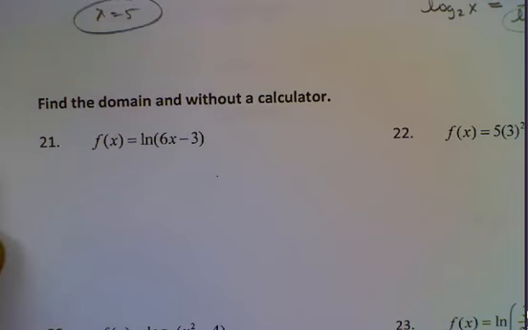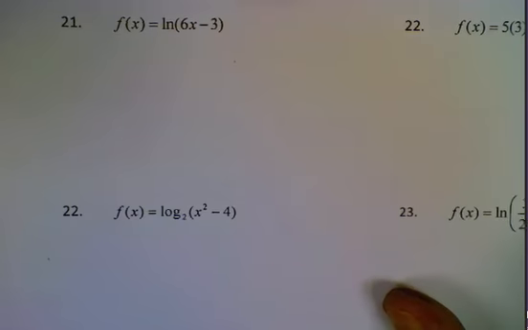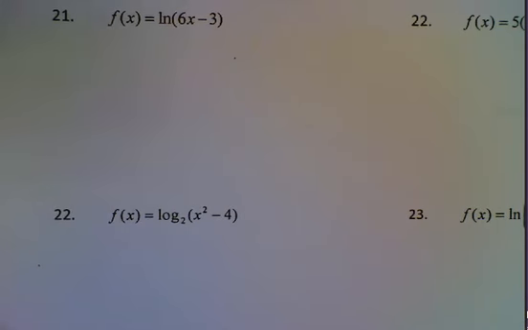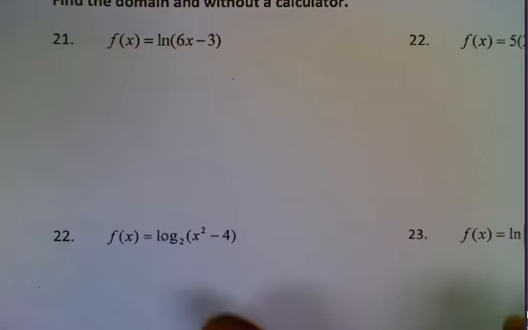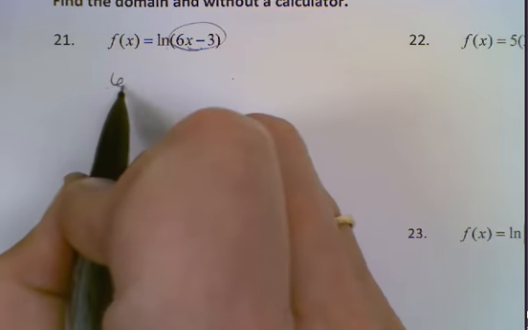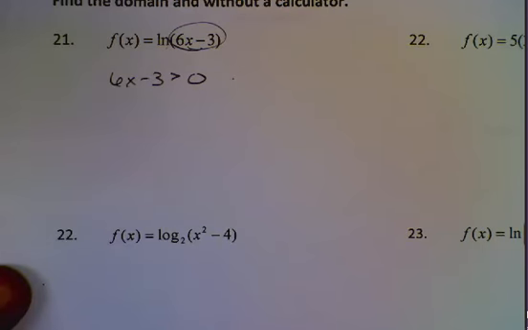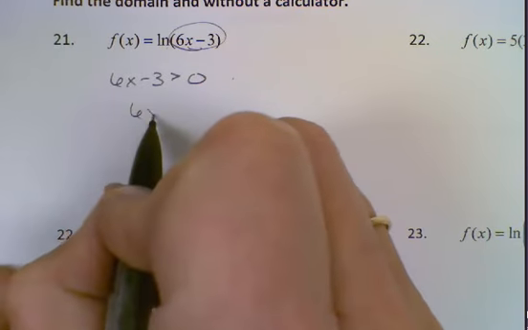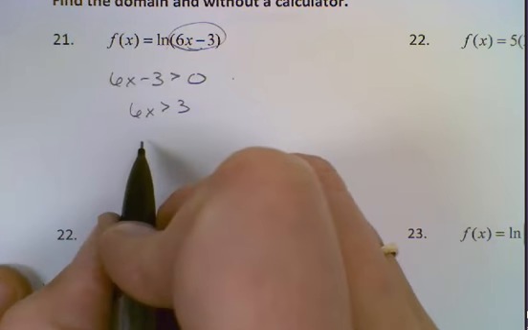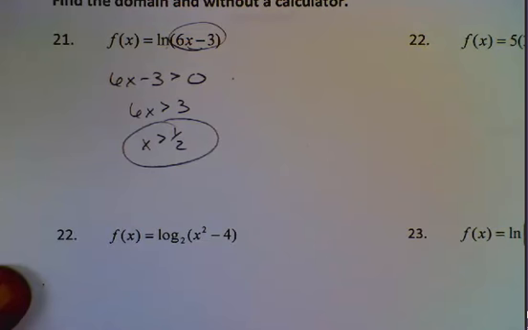Okay, and then 21, find the domain. Domain is, remember, when you're taking the log of something, you can't take the log of anything 0 or negative. So whatever you're taking the log of, doesn't matter the base, whatever you're taking the log of has to be greater than 0. That's it. That's all you have to do. And then solve that. X is greater than 6, x is greater than 3, x is greater than 1/2. That's how you find the domain of a logarithm. All right, now